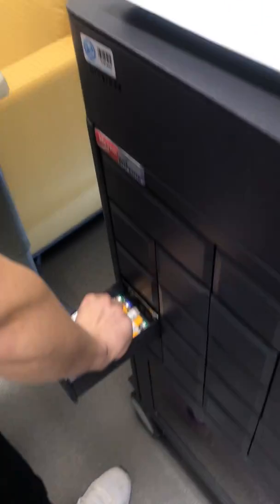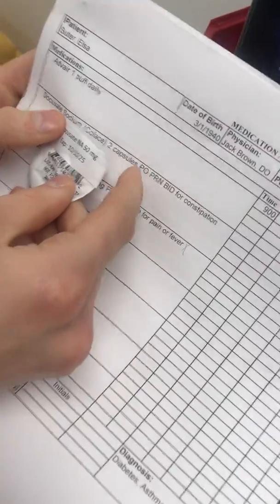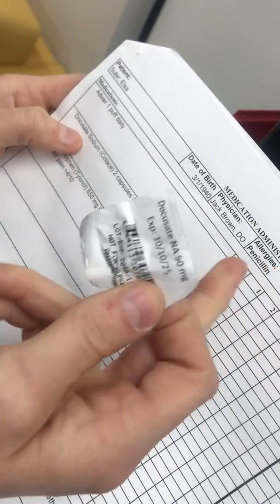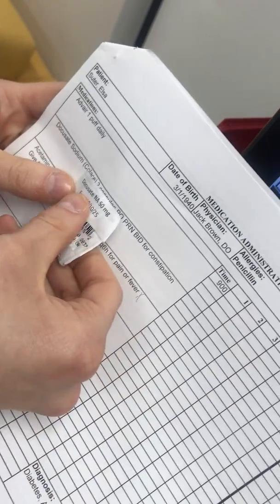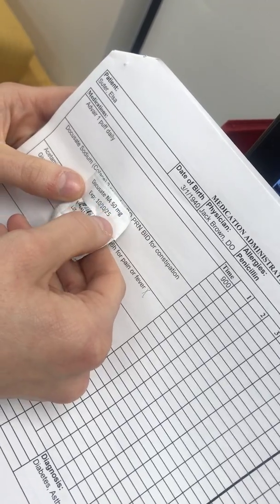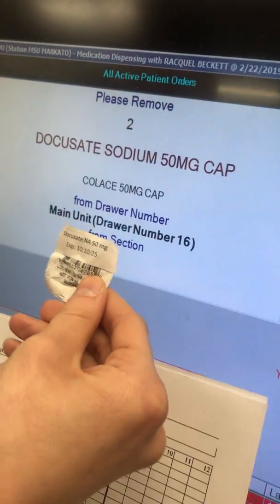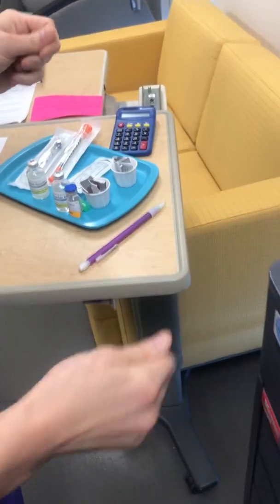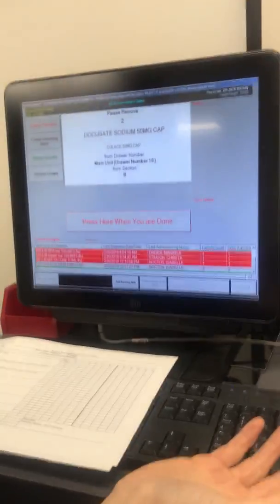then we need 2 of them, because right here it says 2 capsules, so of 50 milligrams, so 2 capsules, PO, PRN, BID for constipation, and we're doing it at 8 a.m. Because she needs it for the right patient and no allergies for these, and 50 milligrams, 10, 10, 25, not expired, then we'll compare it to here, Colace 50 milligram capsule, again not expired, she needs 2 of them, we'll put them in this separate cup, and then we'll shut our drawer, and there is my first safety check, so